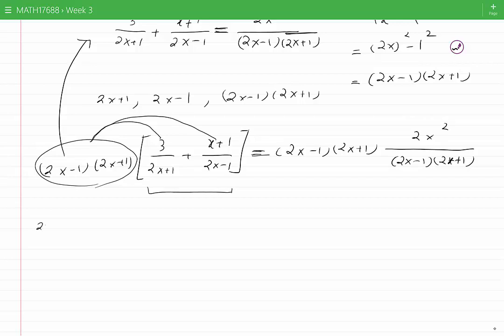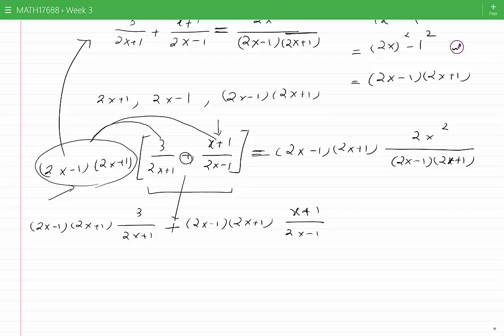We will have 2x minus 1 times 2x plus 1 times 3 over 2x plus 1 plus, now we multiply this term into the second term. We would get 2x minus 1 times 2x plus 1 times x plus 1 over 2x minus 1